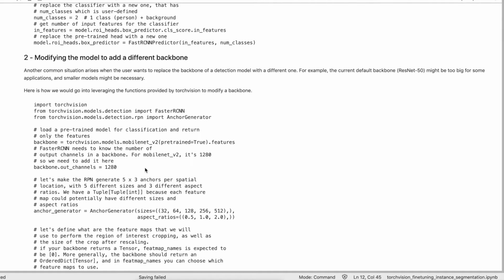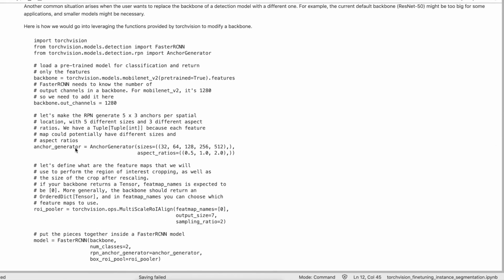According to that we have to change, and in this example the anchor box takes a 5 by 3 ratio: 5 is the sizes 32, 64, 128, 256, 512, and 3 is the aspect ratios 0.5, 1.0, 2.0. We create the anchor box generation with those.